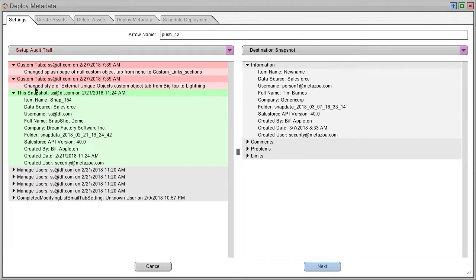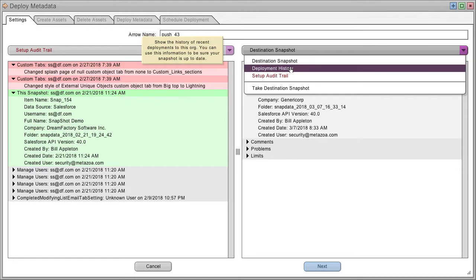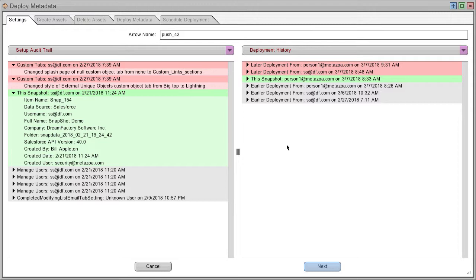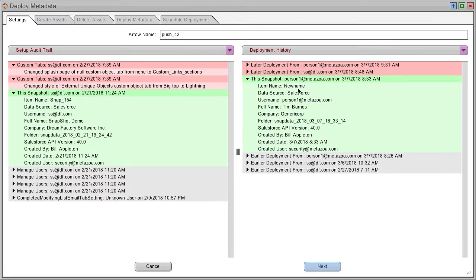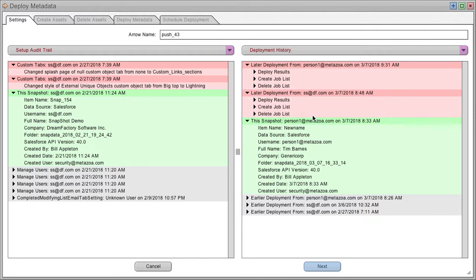That's okay. You might still want to use this source snapshot, but you need to be aware that it's not up to date. Let's look at the destination. In the destination snapshot, we see that the deployment history is in red and was also pre-selected for you. What that means is that after this snapshot was taken, there were two other deployments by the snapshot product to